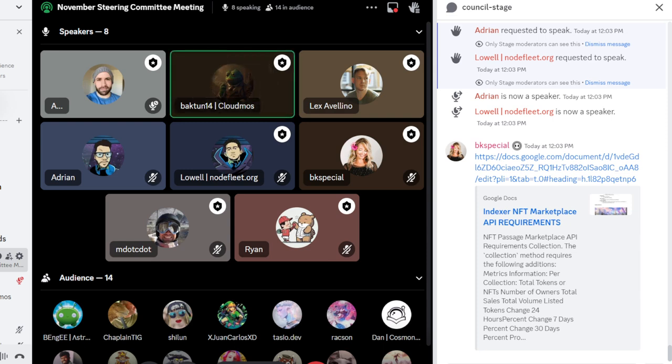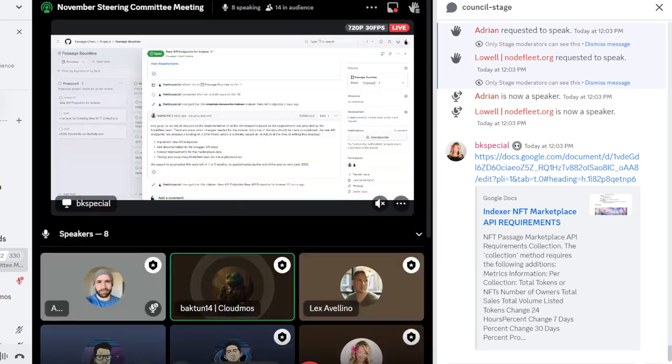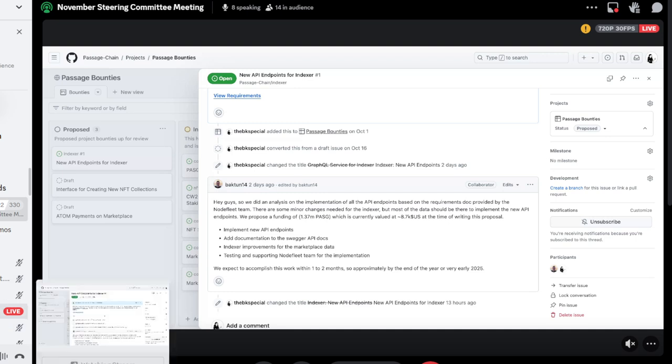And we went back and forth a couple of times, and they finally put up a very nice detailed document that is linked in the discussions on GitHub. So based on that, we put up a proposal of how much we estimated it would take to implement that. So it's all in the issue there. If you guys have any questions, don't hesitate to ask me.